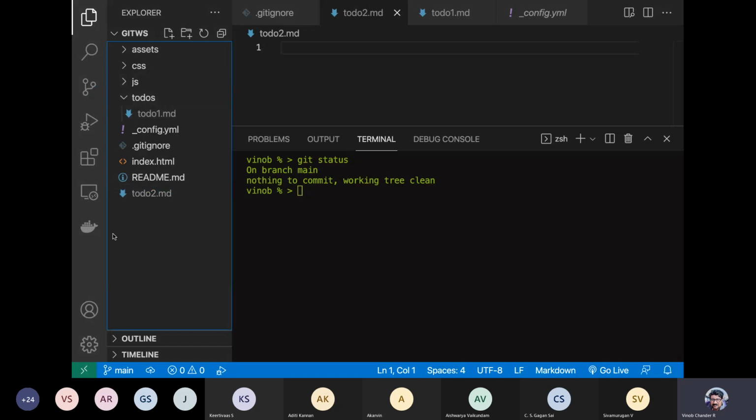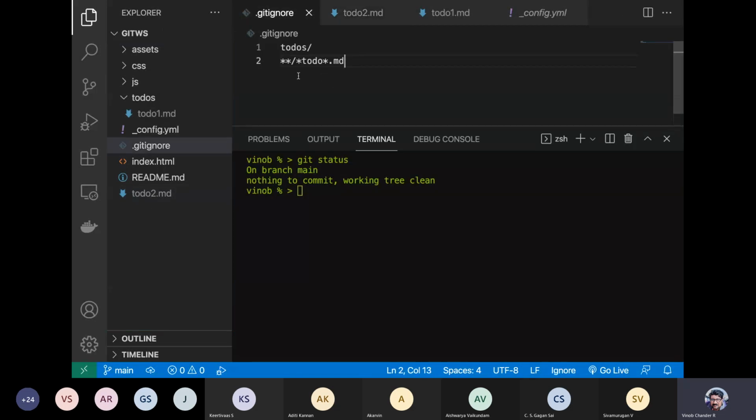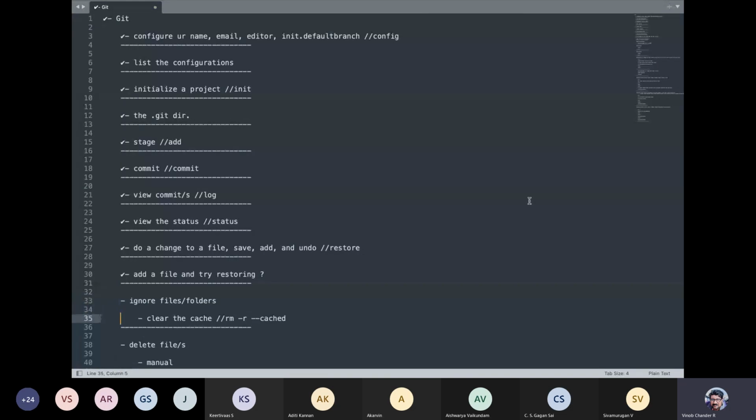Okay, now this is not part of to-dos, but it is separately outside, right? That is also not getting tracked, right? So that is in gray color because we have this particular pattern, right? So this will also not be tracked. So that was about the git ignore files.